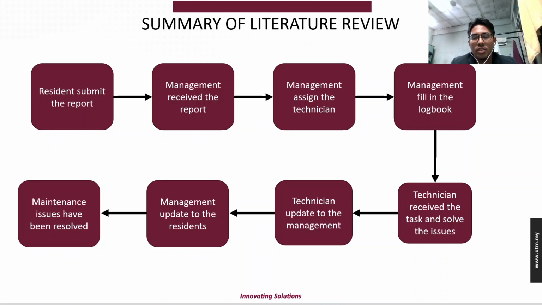After that, the management will fill the logbook with the problem and who will be in charge of the issue. Once the technician receives the task, they start to resolve the issue. After it finishes, they will update the management and the management will update the residents.